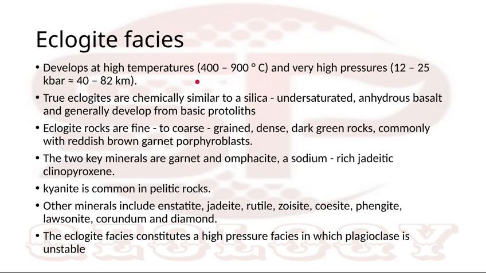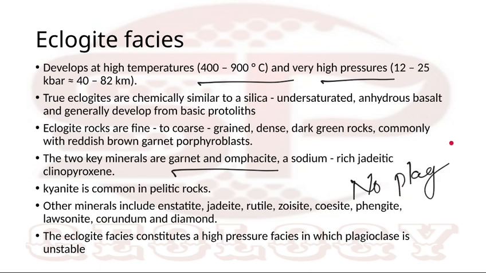Next, your eclogite phases: 400 to 900 degrees centigrade, very high pressure, 12 to 25 kilobar. Characterized by no plagioclase. It can form from any phases: from prehnite pumpellyite, green schist, amphibolite, granulite, blue schist. If the temperature and pressure become very high, then eclogite phases form. The two key minerals are omphacite and garnet. No plagioclase is the characteristic property. Okay,